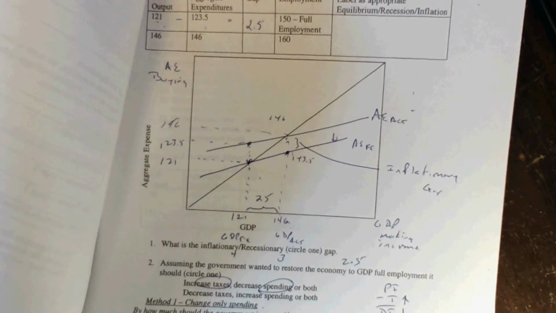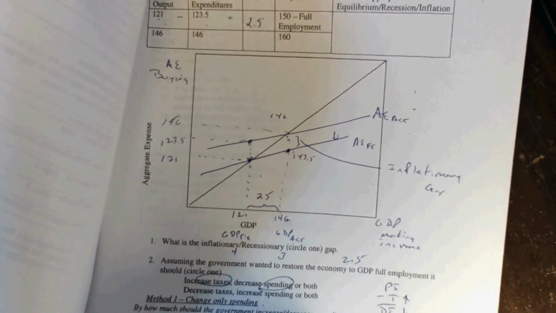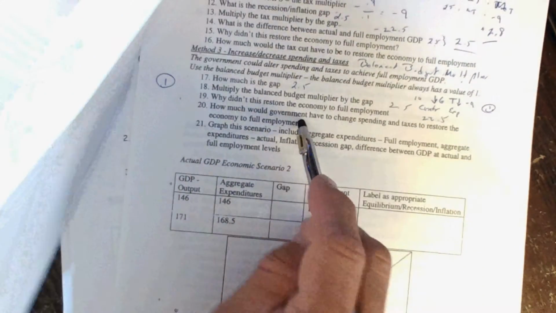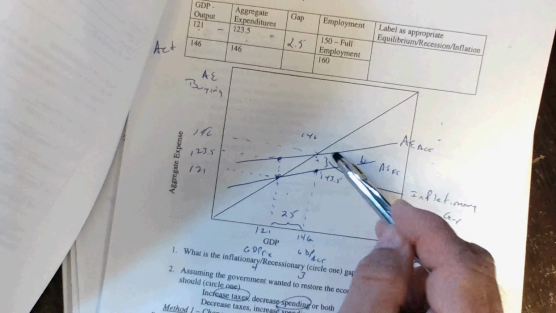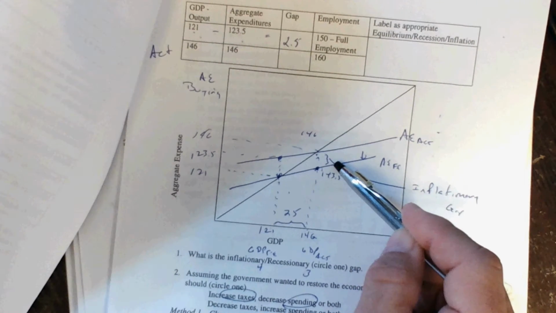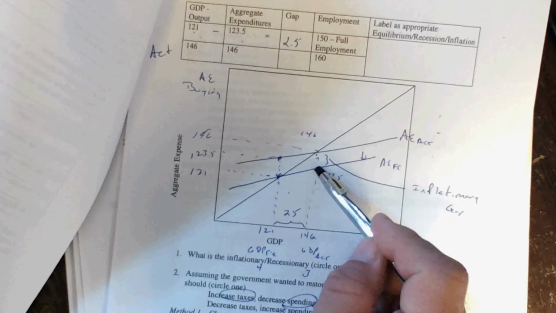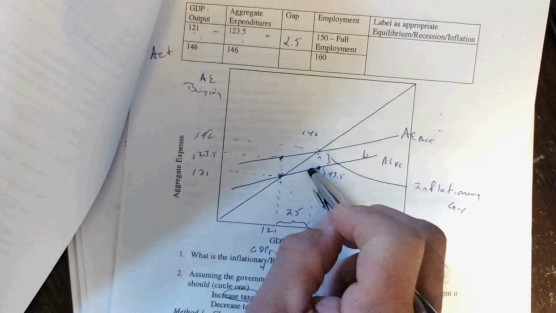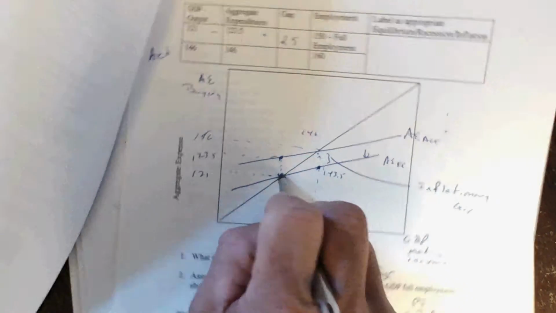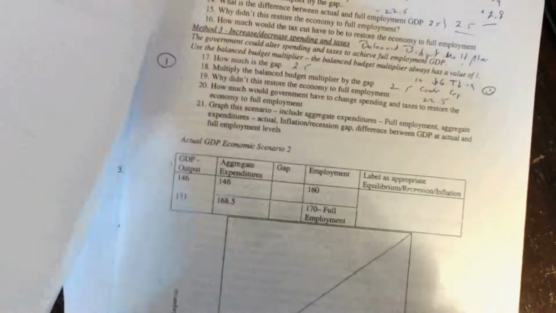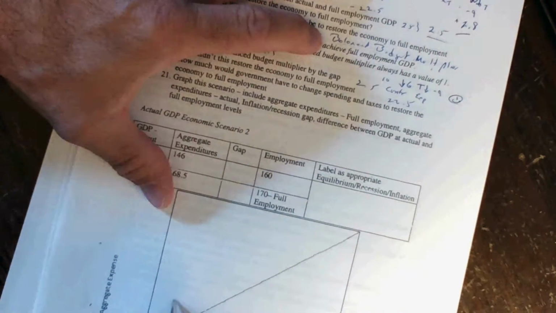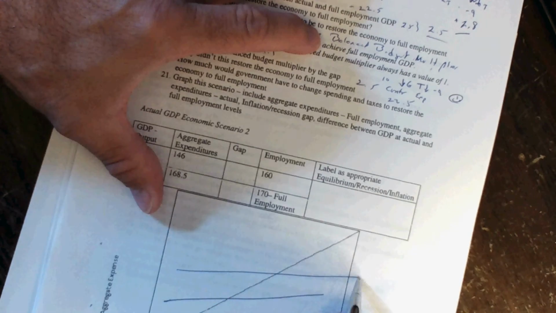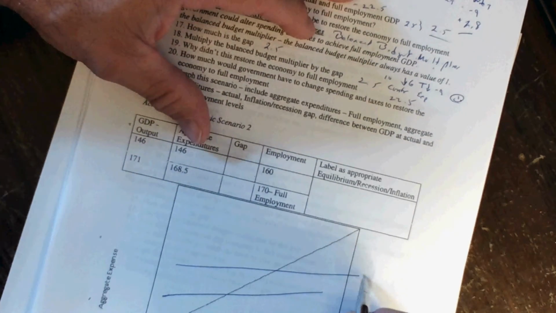And the government was going to solve this by using spending, then taxes, and then a balanced budget multiplier to cause a shift in the actual line, to drop it down on top of the full employment line, causing a disequilibrium, which the invisible hand would take over, with business spending and income changing, and return us to equilibrium. Now we're going to use the same actual number of 146, but we're going to have a recessionary